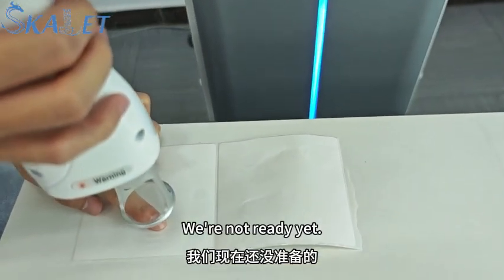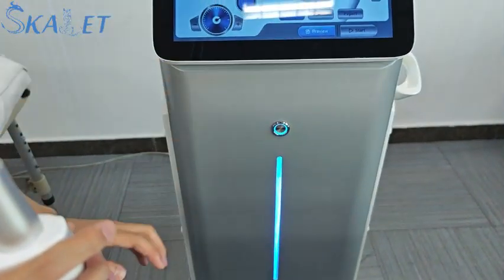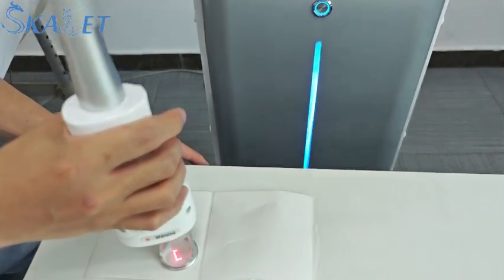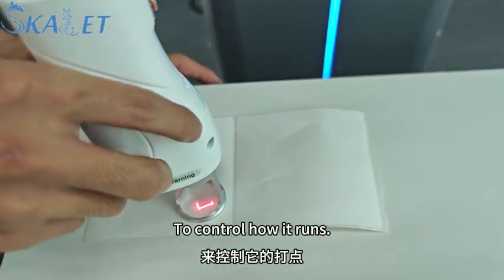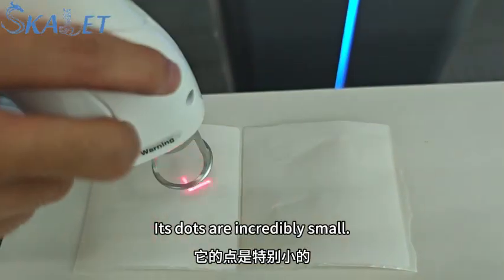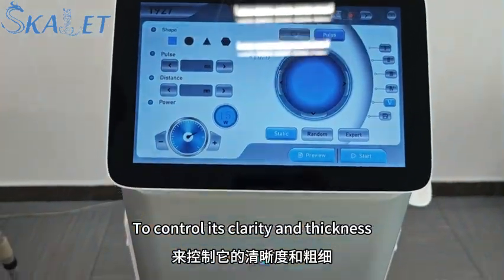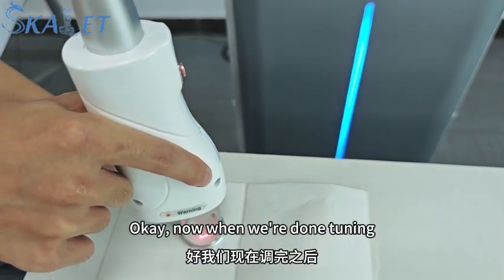We're not ready yet. It came out without this preview. We open the preview. We can see that after the preview is opened, here's the graphics. Then click ready. Now I'm using the foot switch to control how it runs. Okay, now we find its dots are incredibly small. Then we can adjust the size of the point to control its clarity and thickness. Okay, now when we are done tuning,